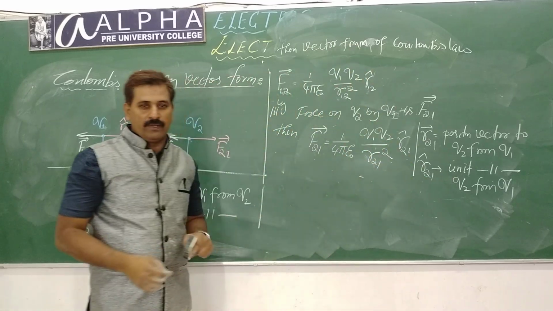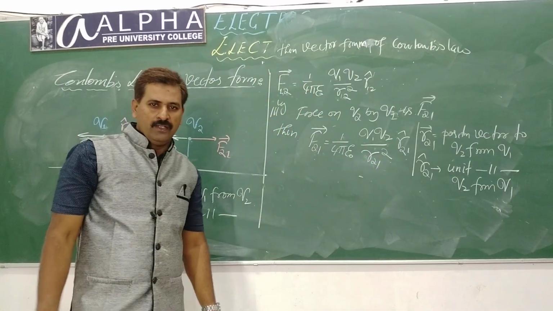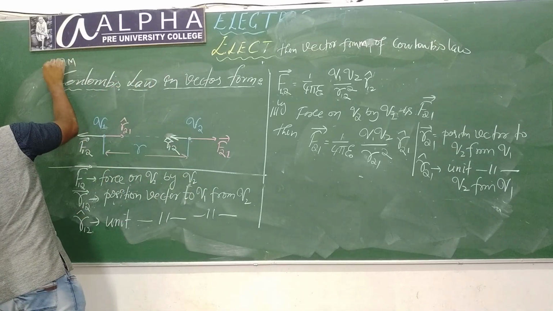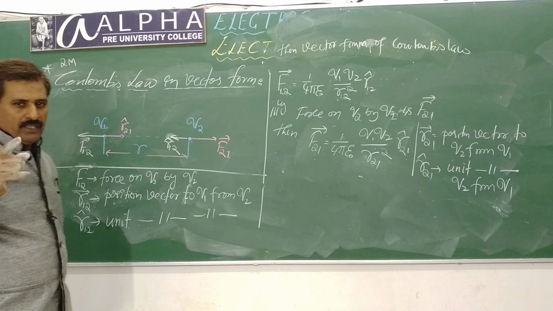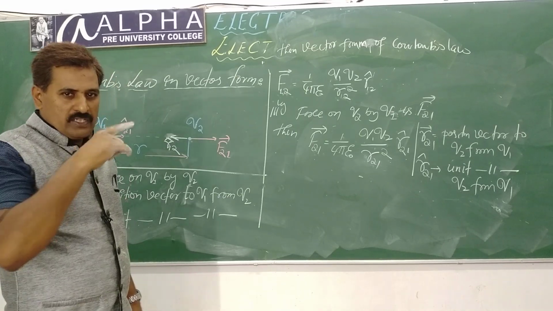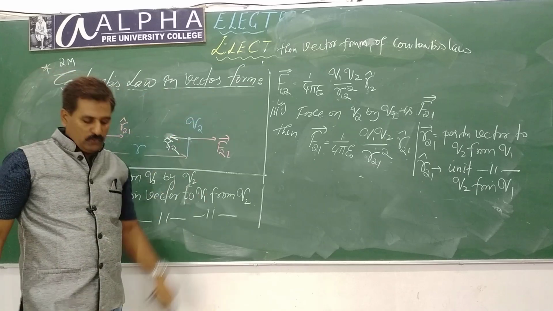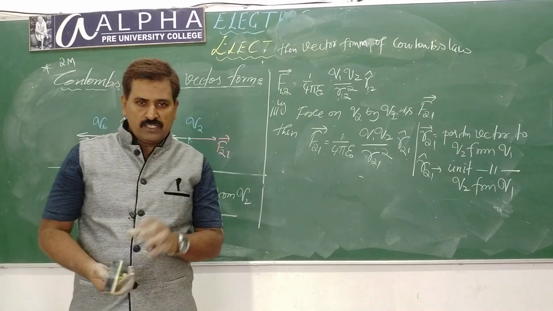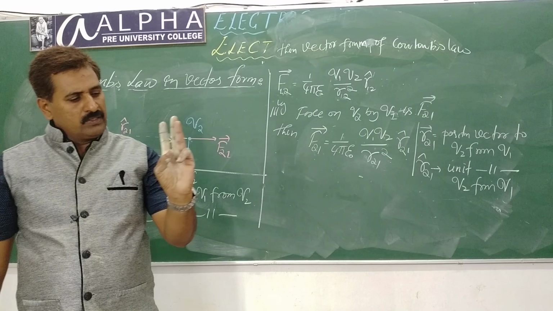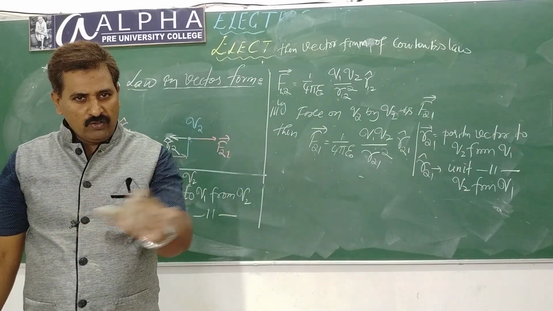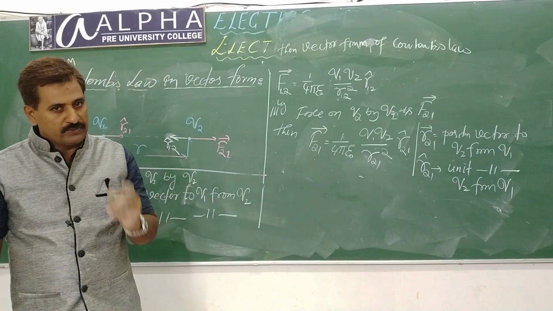That's it. That's the same story here. Understood? This is Coulomb's law in vector form. Very useful, very important. It may be a 2 mark question. Put a star in your notes. We have to be keeping notes with you. You put a star, 2 marks question in the board examination: Coulomb's law in vector form. Today we have learned 2 to 3 marks questions. One is the statement of Coulomb's law. State and explain. Explanation you have to write. Follow the notes I have given. Inside the book also you can refer.